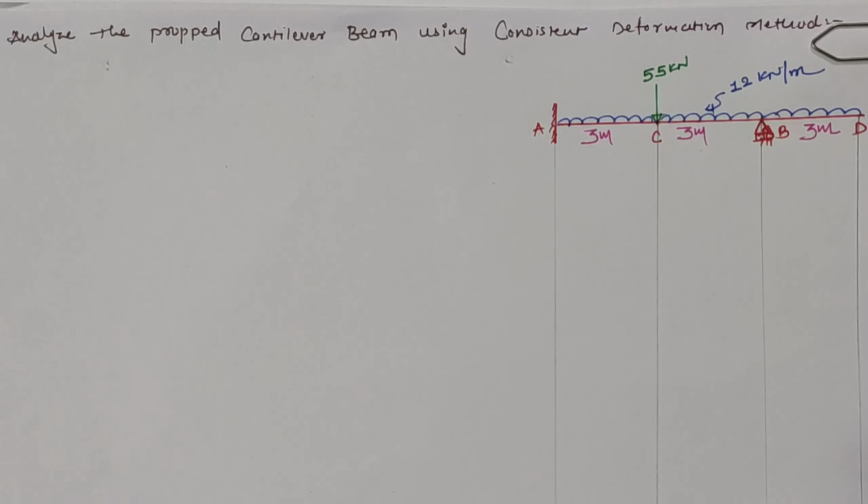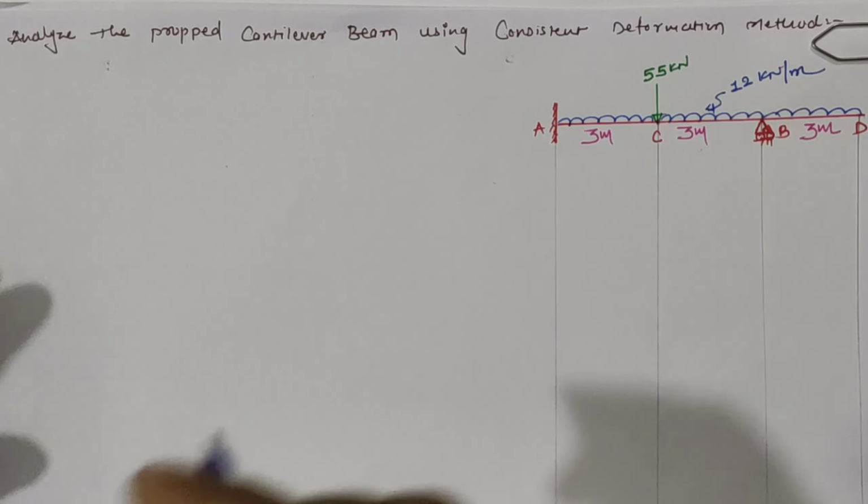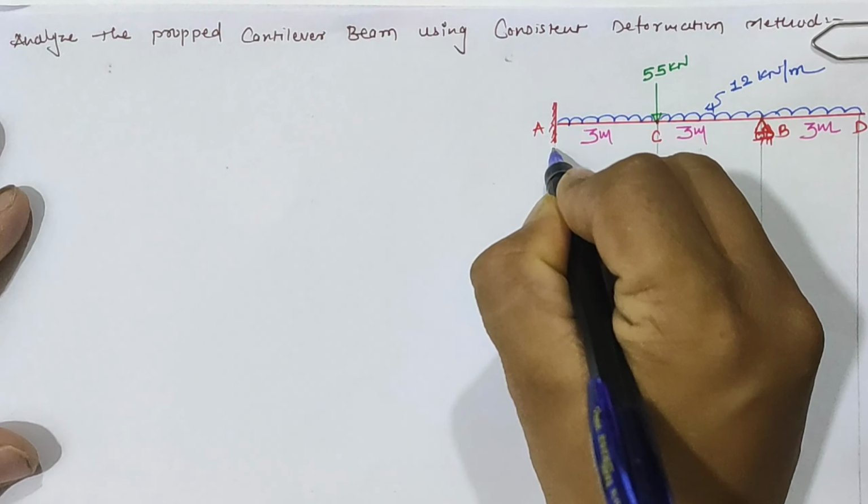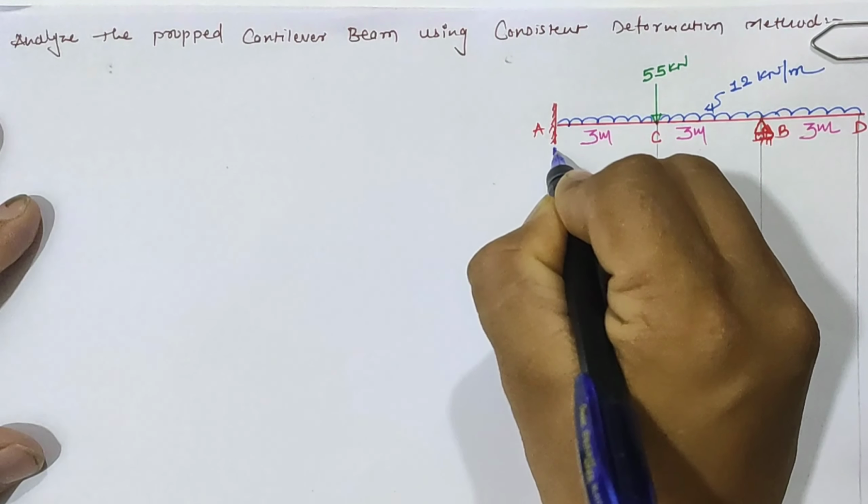Hello friends, today we are going to analyze the propped cantilever beam which is loaded through UDL over the entire span and a single point load as shown in the figure by the consistent deformation method. So first of all, if we focus on the support reactions of the given propped cantilever beam, then at location A,